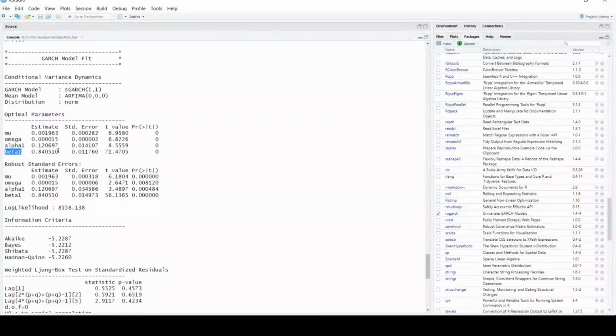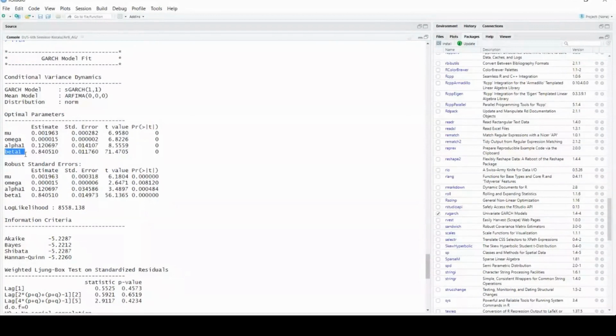All right. You can see all the coefficients are significant, because the probability value is less than 5%. That means we are rejecting the null hypothesis, which says the coefficients are not significant, and accepting the alternative hypothesis. Here you can see our beta 1 coefficient, the coefficient of the lag value of the volatility, is 0.84, that is 84%.